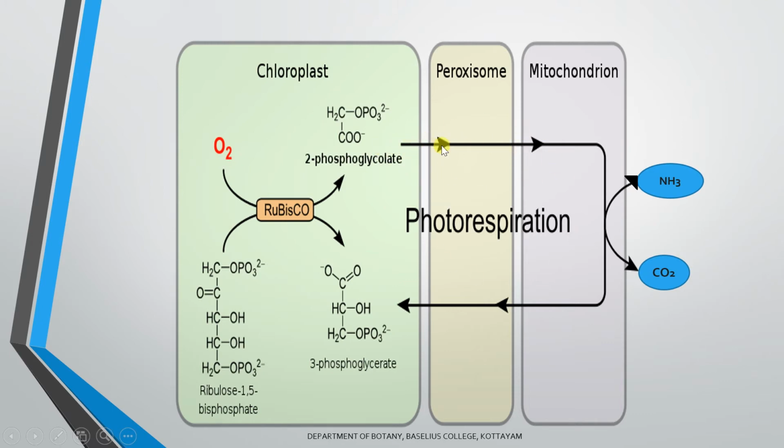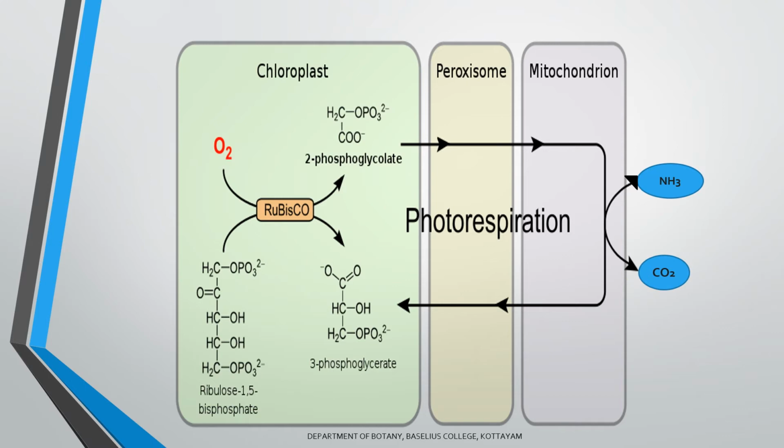So the reaction proceeds to the peroxisome, then to the mitochondria, and then it returns back to the chloroplast. The most important point is that in the mitochondrion, one important process takes place, that is the release of carbon dioxide and also ammonia. This release of carbon dioxide is the most significant process that happens here. Because of this process, we consider